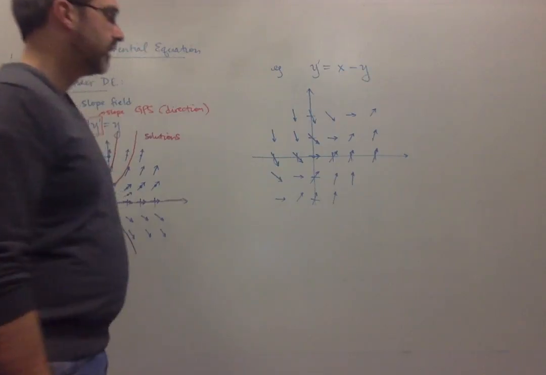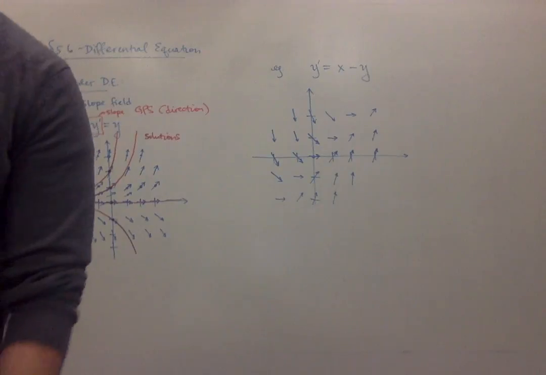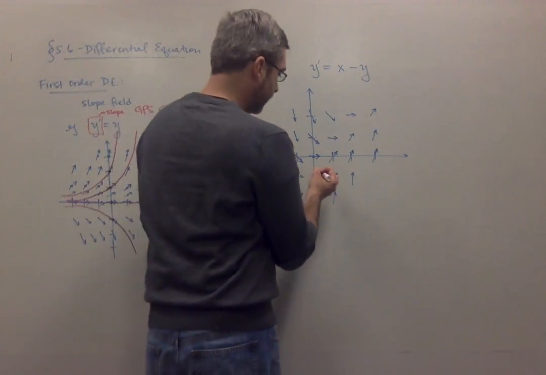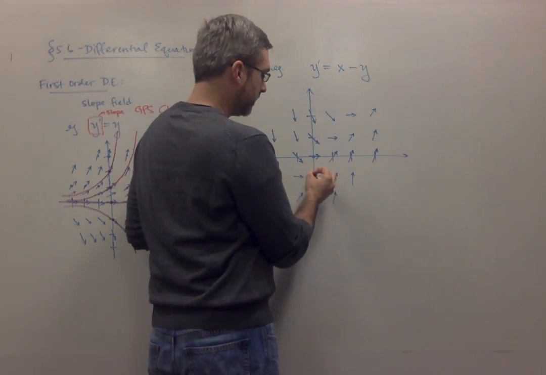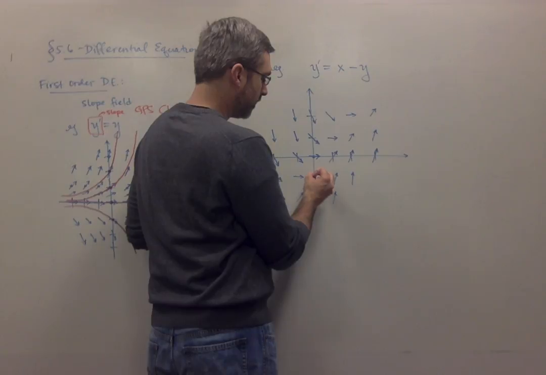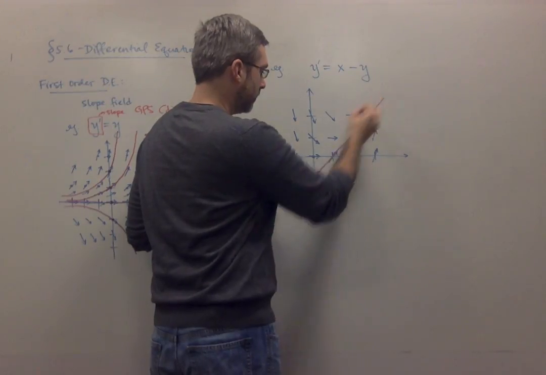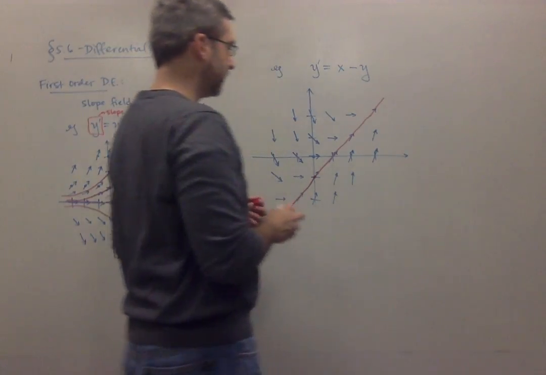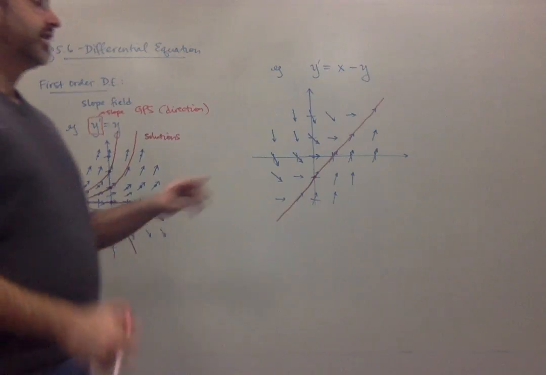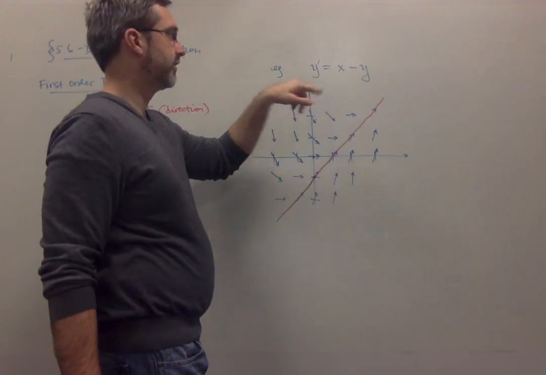All right, so let's try drawing in some solutions. Well, one thing that's interesting that I notice here is that if I were at this point, my slope is 1, and if I keep going on this line, you'll notice that the slope is always 1, which means that this line with a slope of 1, in other words, y equals x, is actually a solution to that differential equation. If you were to plug it in, you'll notice that if y equals x, this side's 0, if the derivative